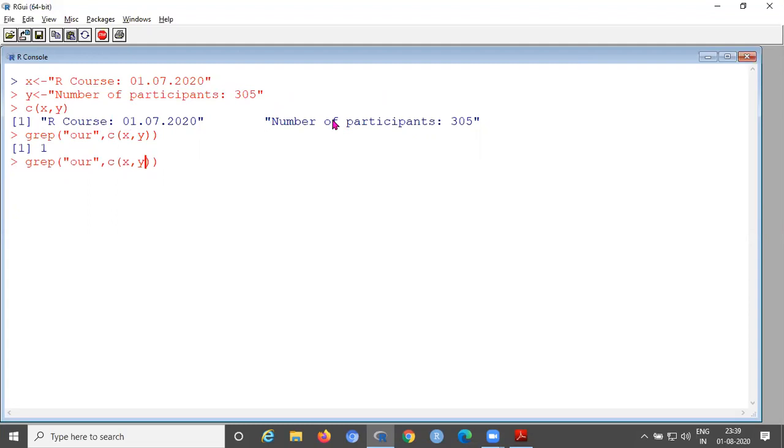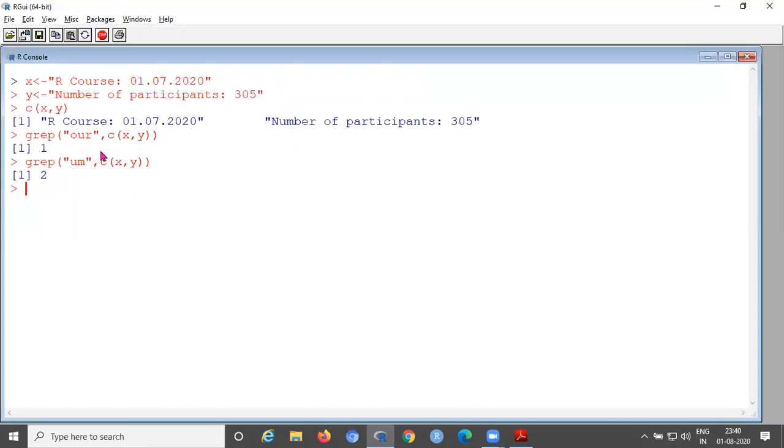Suppose another example, you can take the string "um". In the first string, R course, "um" is not there. In the second string, number of participants, number, "um" is there. So its index is 2, the second string.